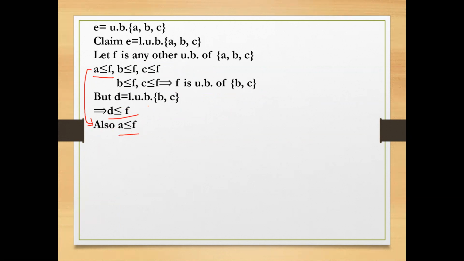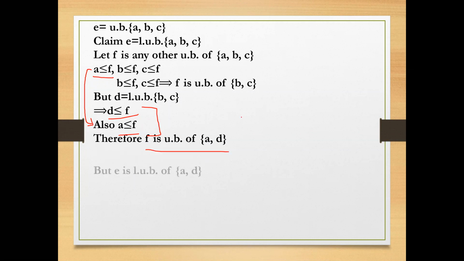to F. So from both these equations, you can see that F occurs on the right hand side of A and D. F is common in both the equations, but on the right hand side. So any element which is common on the right hand side of two elements is an upper bound. So now you can also say F is the upper bound of A and D. But of A and D, which is the least upper bound? E is. E is the least upper bound of A and D.